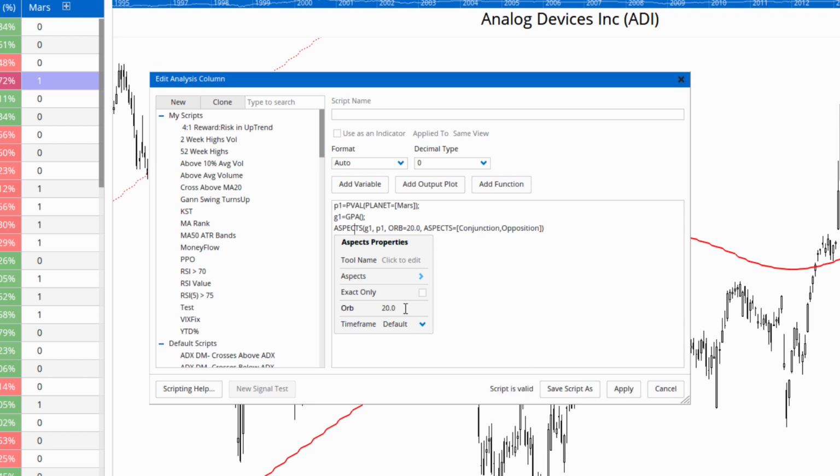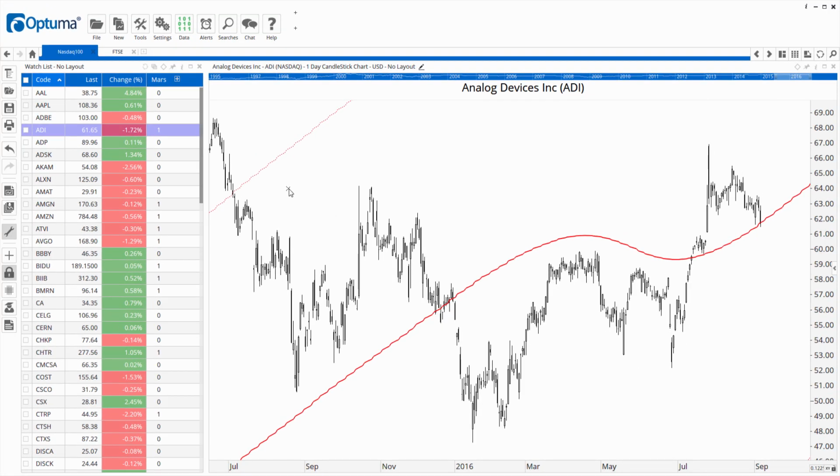And finally, that orb is the leeway. It's 20 degrees. So when the price is within a certain distance of the GPL, it will return a true or false result. Obviously we can adjust that. If we want to be closer, we'll make the value smaller, or if we want to have more leeway, we can increase it. But I'm going to keep it at 20 degrees there,